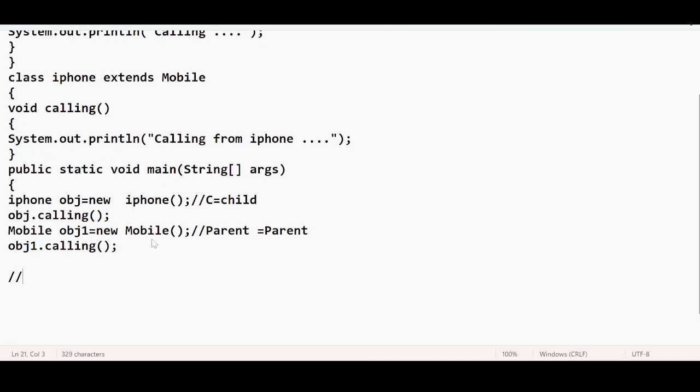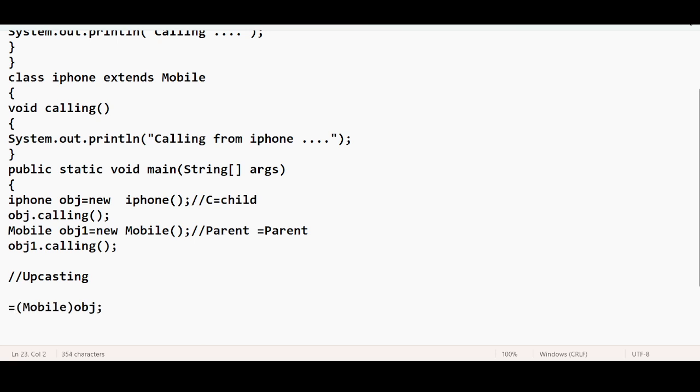But let us look at typecasting. Now we understand upcasting. What is upcasting? Converting the child class object type, the subclass object type, to the parent class object type. So I can do what? This is obj1, right? This is the subclass, I mean the child class. Obj is converted to parent. Parent is what? Mobile. By using the typecast operator.